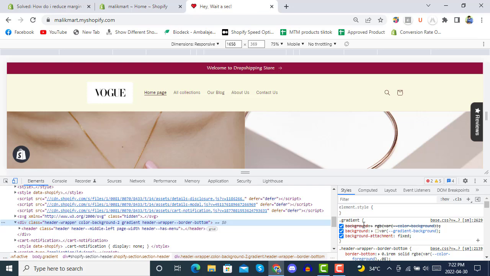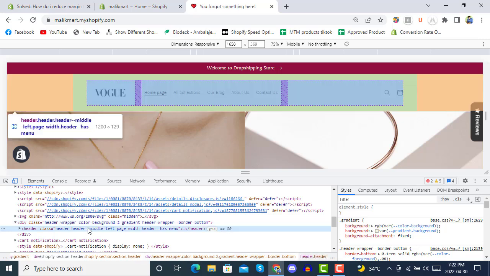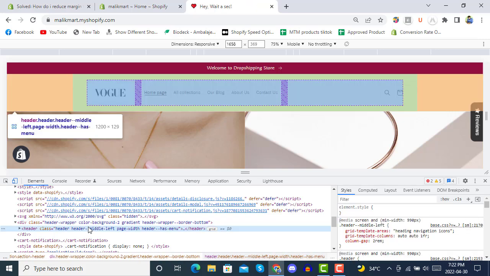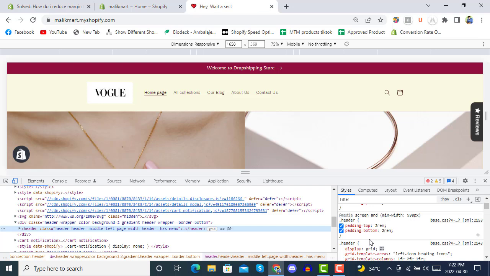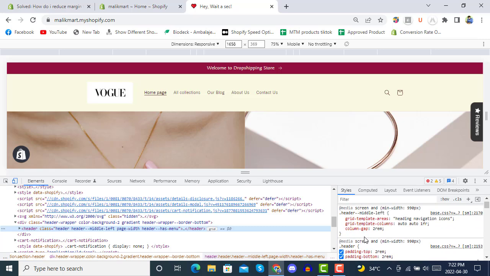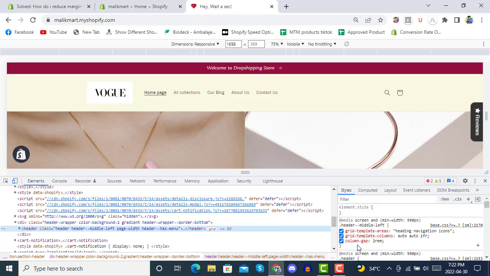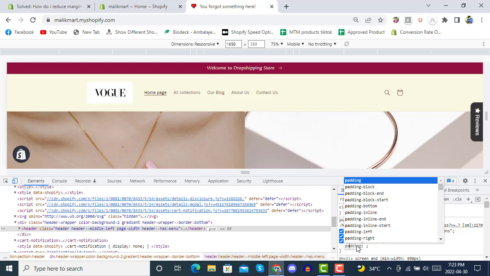If somebody wants to reduce this, this one is for mobile devices, and this one is for desktop. So here we will just try with padding